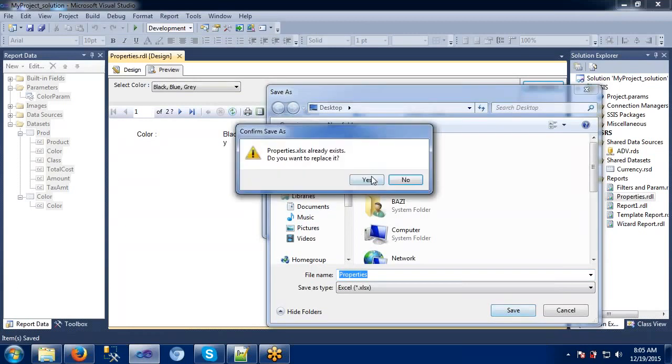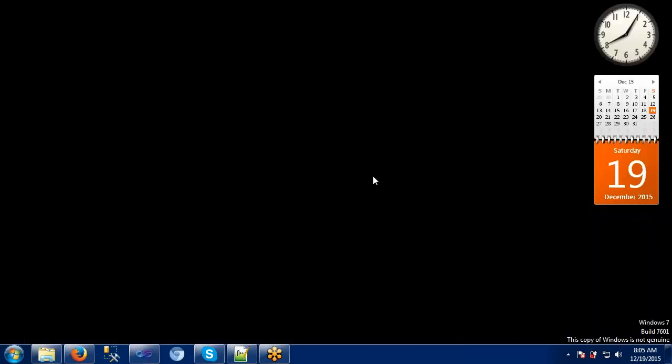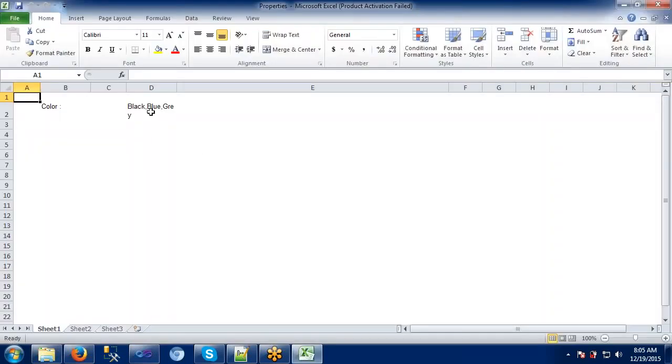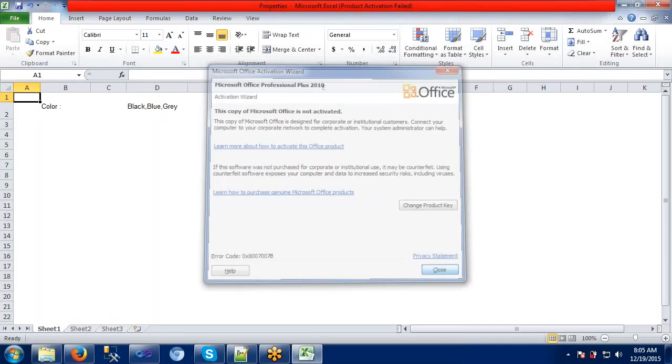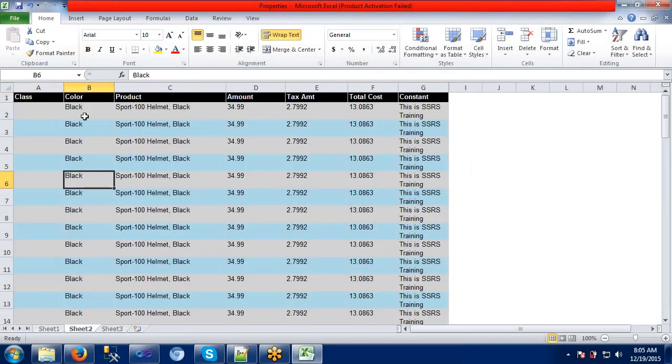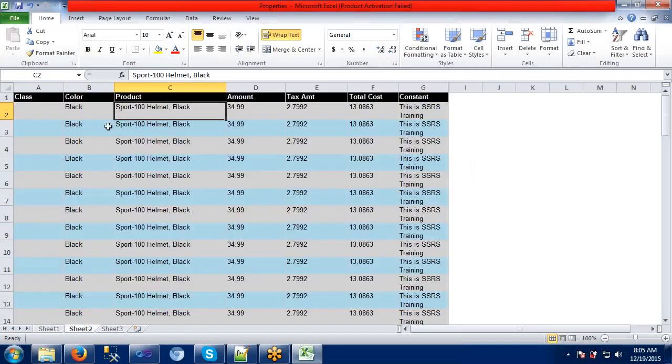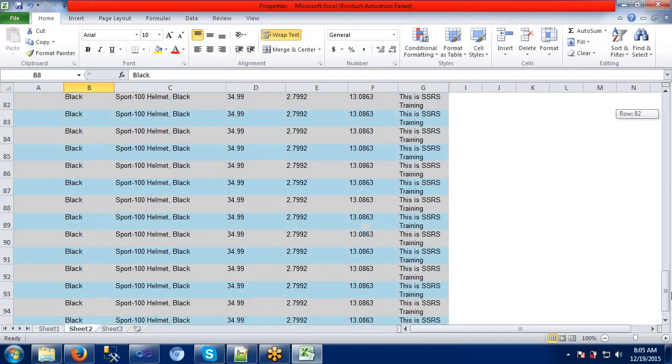Same Excel report I am replacing here. See, now something has displayed as color here. Now we got some options. We have selected the parameter color, and on this we have selected black, blue and gray. That's why it is giving me only these colors.